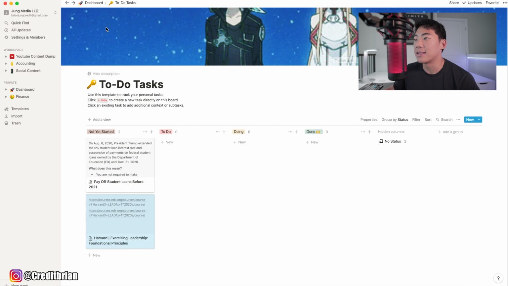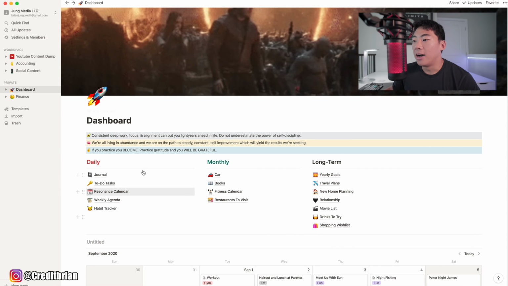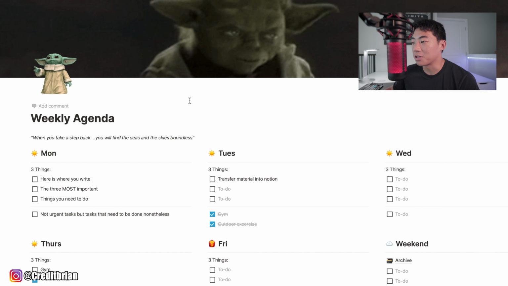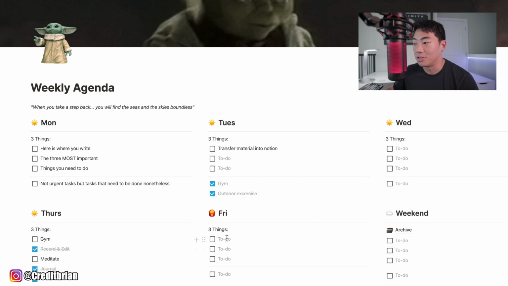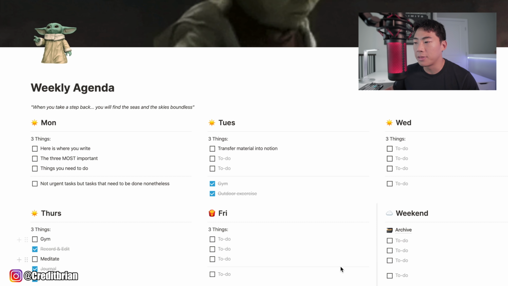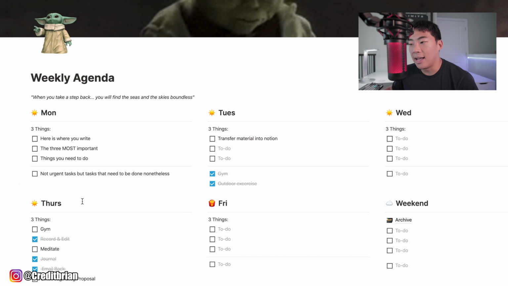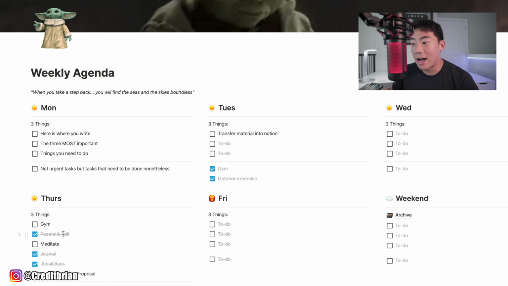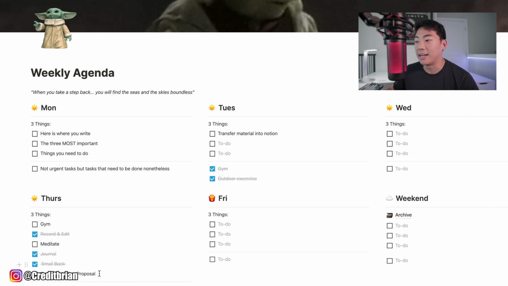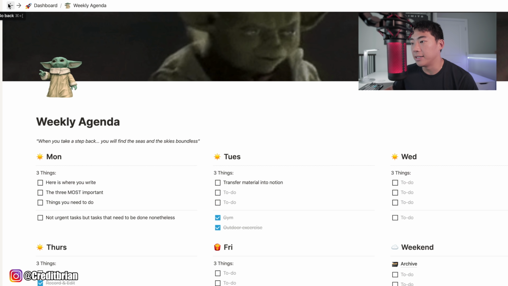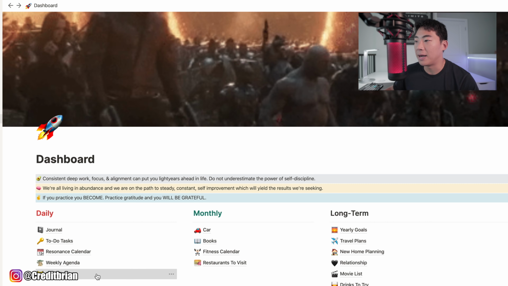But if I go back into my dashboard, and you see my weekly agenda here, this is where I put most of that in. The way this weekly agenda works is I have my 3 things to do, okay? And if I have more things to do during that day, I will add them for this day. Today, I'm recording right now. I'm editing the video as we speak. I journaled, I emailed back some people. Now, this is my weekly agenda. If I go back, I also have my habit tracker.